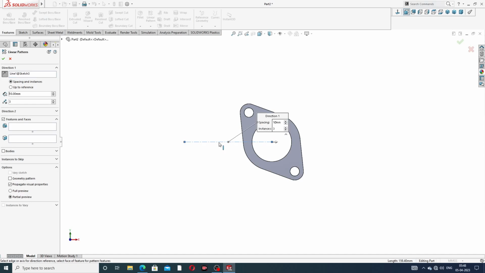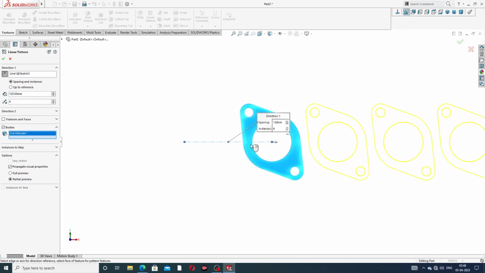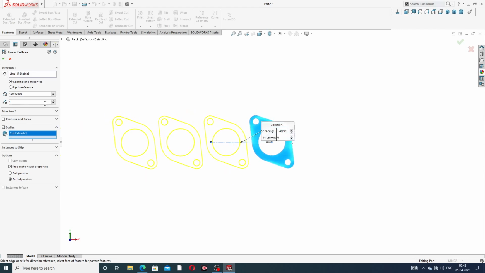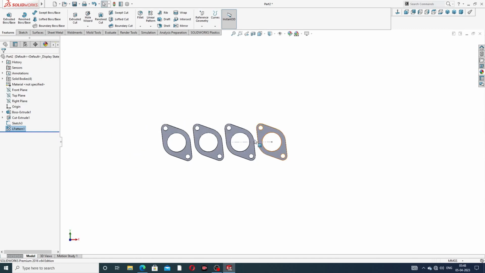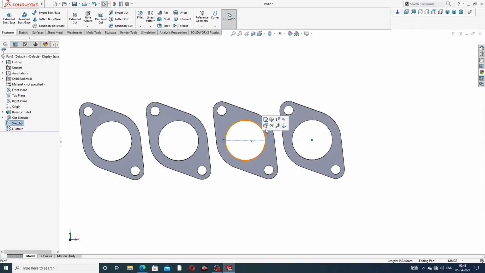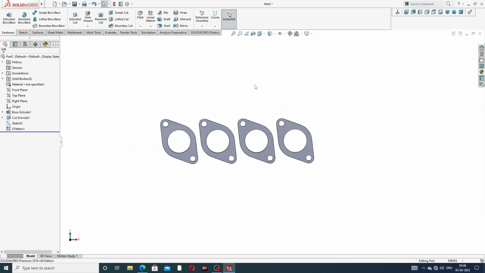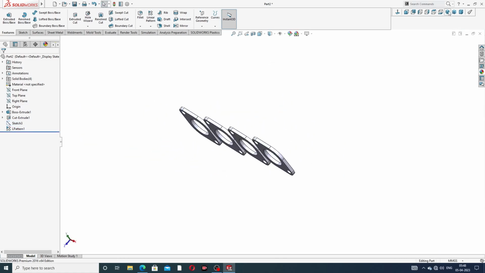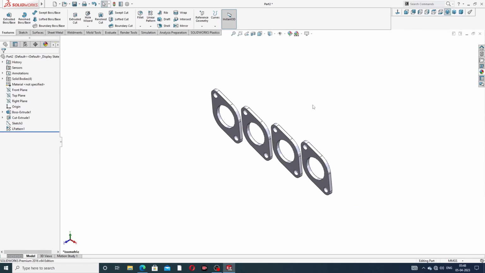Okay, select this. Okay, and use a 4 pattern, and the distance between is 120 millimeter. Okay, and select the body, click this, and direction is reverse. Okay, this is perfect, and click OK, and this line is hidden because this is looking perfect. Okay, and isometric view is also better. Okay, and next,